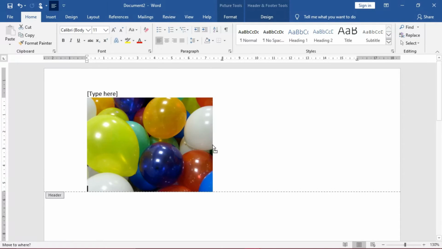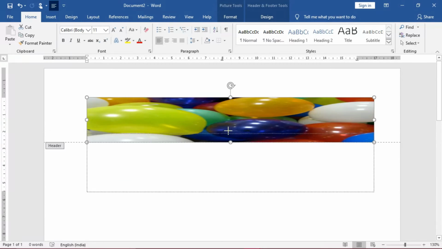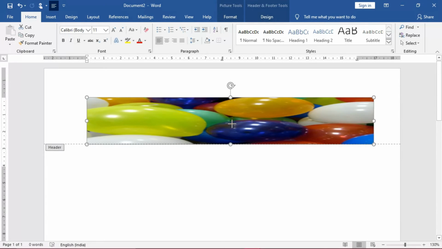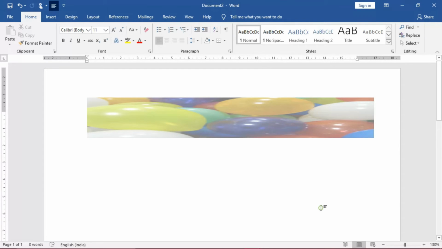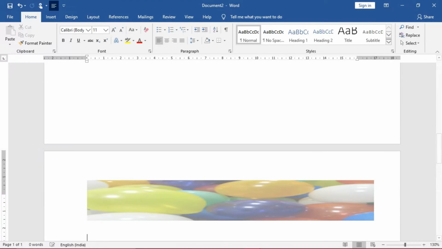So now you see how I'm resizing it. All right. Now you see, checkout. I have inserted it out here, increased its size, and I'm removing this one. Then I will just squeeze it in this way. So after editing the picture, what I will do is just press escape in order to come out of it. So I'm pressing escape, so it has been fixed out here as a heading onto my document in its subsequent pages. All right, this is the way to insert pictures online into your document.